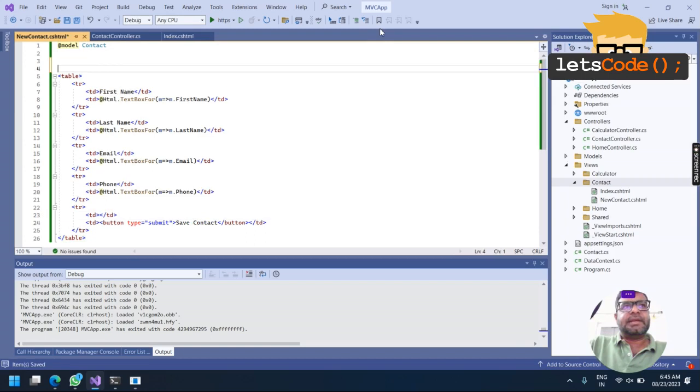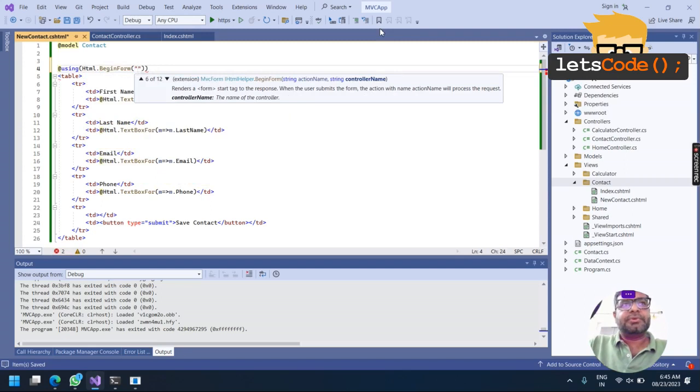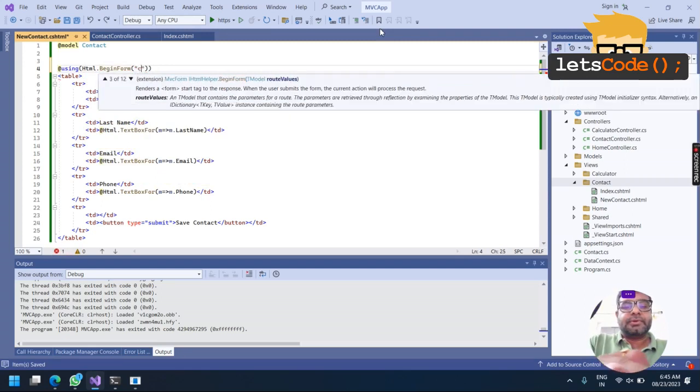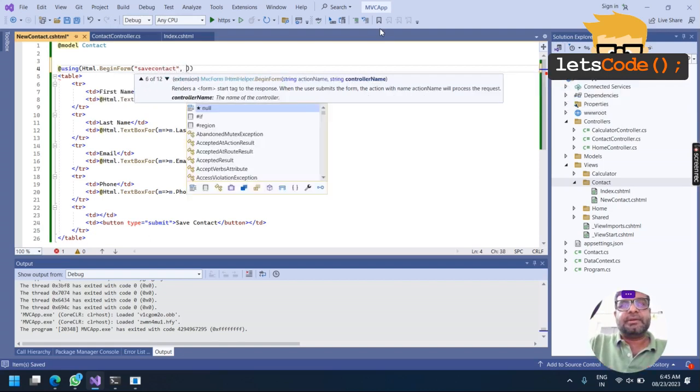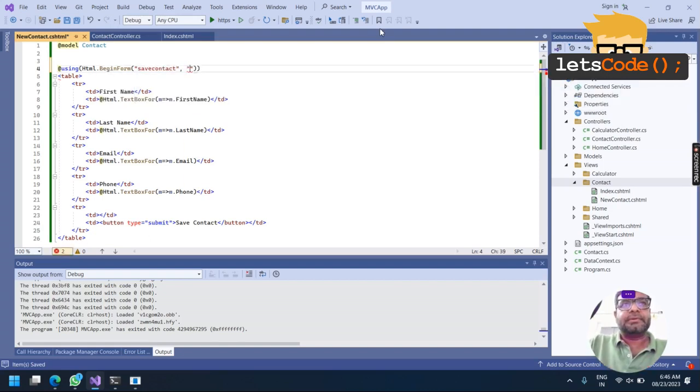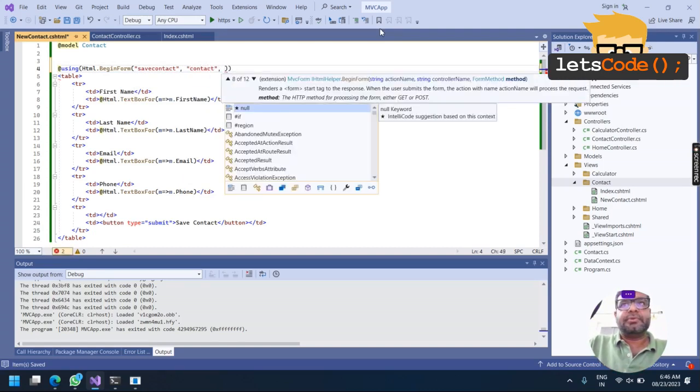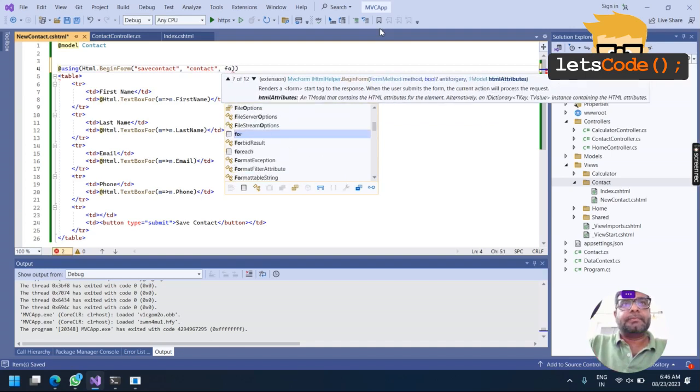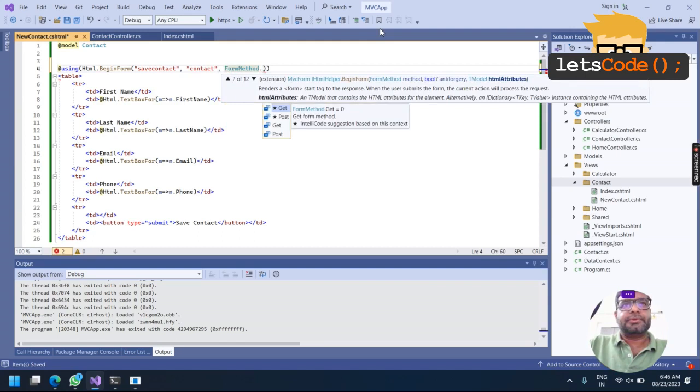And one more thing is missing. I need to have a form tag using begin form, where the data has to be posted. So save contact is my action method within the contact controller, and the form method is going to be post.